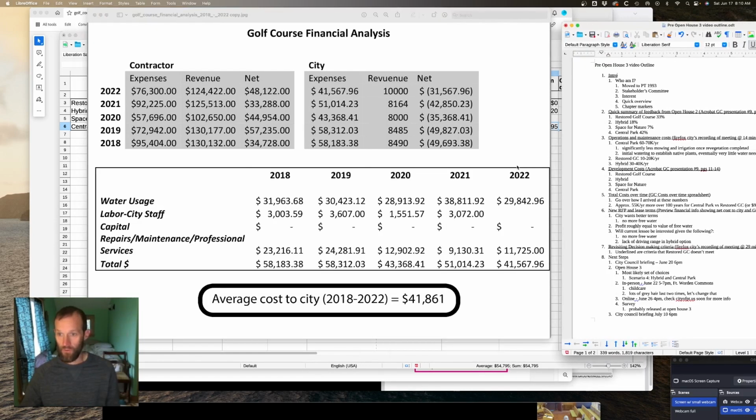So now I want to talk a little bit about the new lease terms and some of the existing golf course financials. This document here shows what the existing lessee has earned over the course of the last 5 years or so, what their expenses were, what the net was, the expenses to the city, the revenue from the lessee to the city, and then therefore the net cost to the city of operating the golf course. So these numbers in parentheses here are negative numbers. In other words, the city is losing money each year by continuing the current arrangement with the lessee, which includes a bunch of free water. And so down here, this table shows you the cost of that water, which is the largest cost,